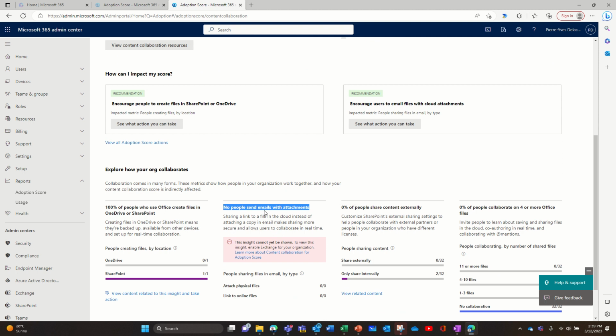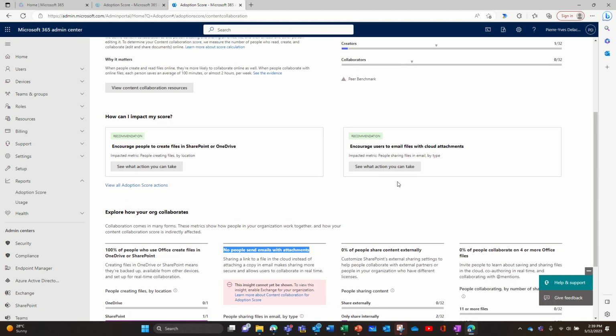I worked with a lot of customers and they're close to 98%. I have one customer who's 100%, where people don't leverage OneDrive to store their files when sending an email, and that's, let's say, bad. So if you want to encourage them, obviously you can do a communication campaign, but you can leverage this feature to take action.